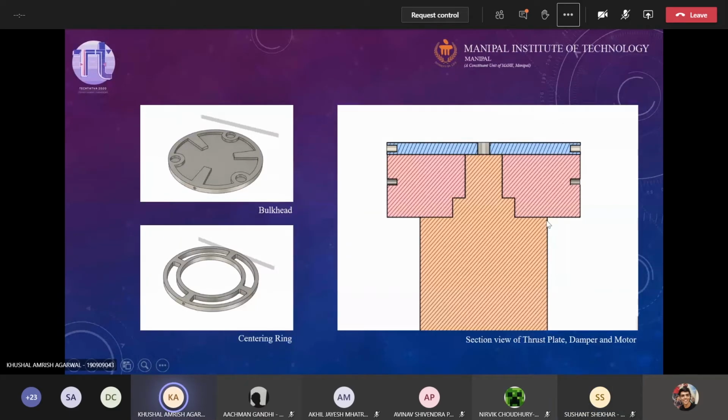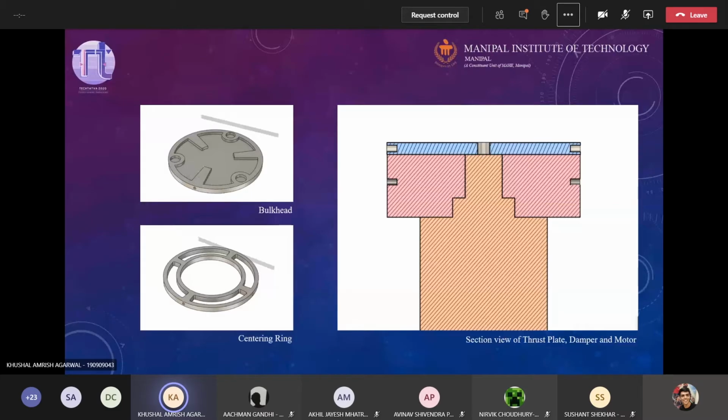Not exactly, but think in terms of the name, damping means, like, you figured that out with the name, but the damper basically dampens out the vibrations of the motor. So the motor basically ignites a solid fuel usually, and then produces gases which move out through the nozzle, right?